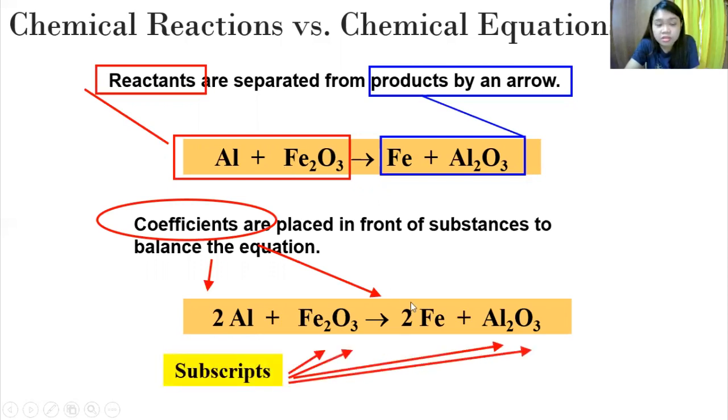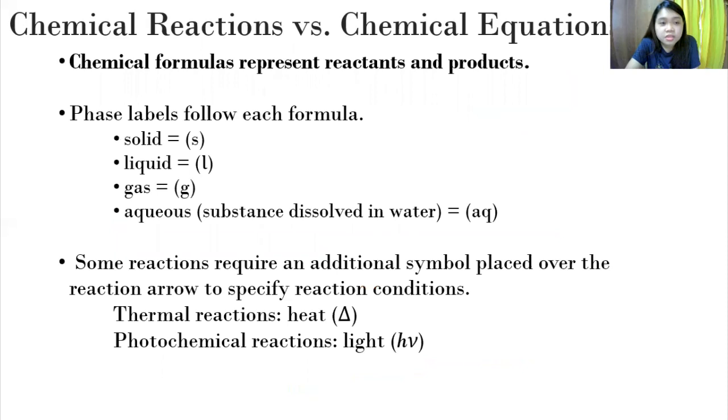Also, we take into account not just the coefficients but also the subscripts, because the subscripts are what you multiply with the coefficients. If you add them together under the same species, you can get the correct number of atoms present on each side of the chemical equation. Now let's proceed to